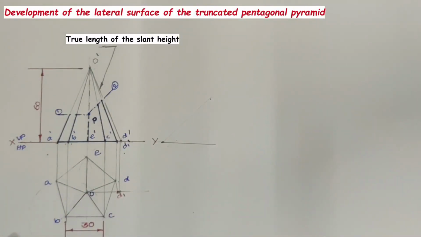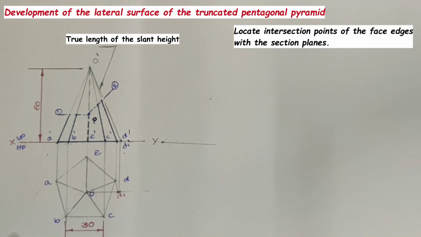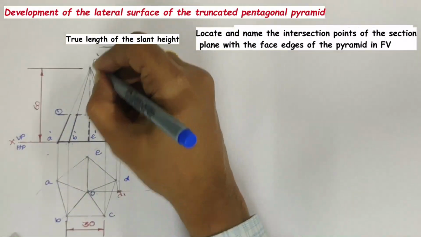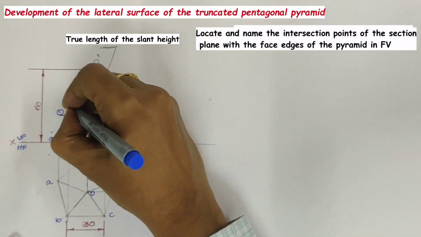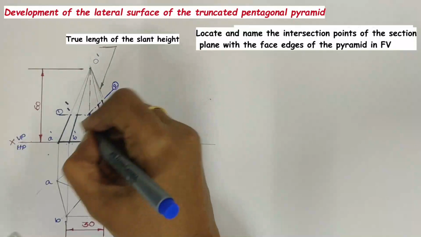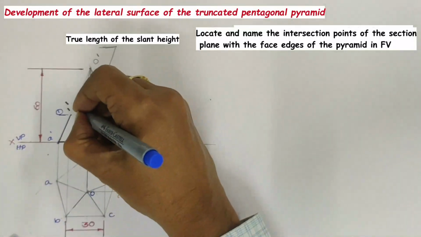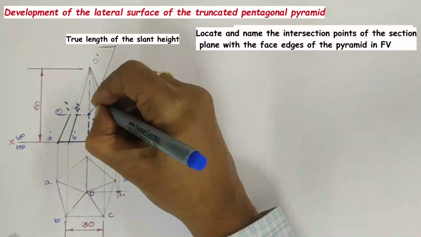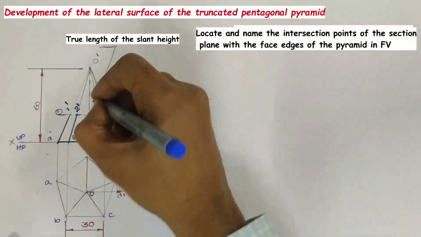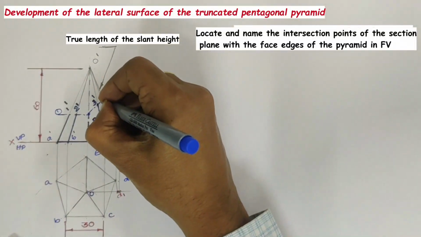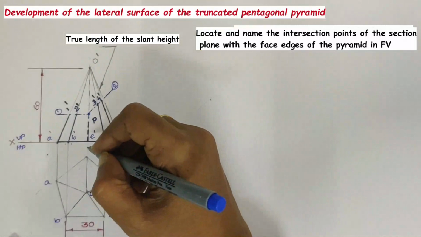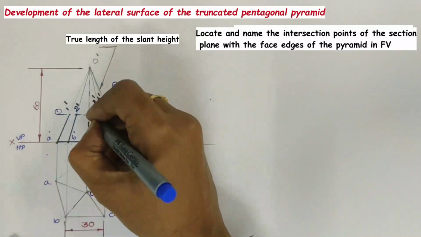Next step is locating the intersection points of the section planes with the face edges of a pentagonal pyramid. Here, the first section plane is cutting the O' A' face edge at 1', and the section plane is cutting the O' B' face edge at 2', and O' C' face edge at 3'. O' D' face edge cuts the section plane at 4', and O' E' face edge is cut by the section plane at